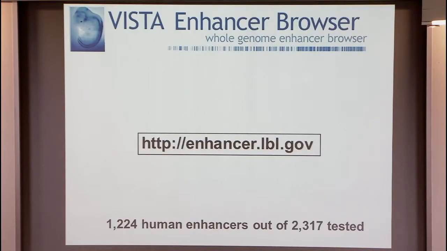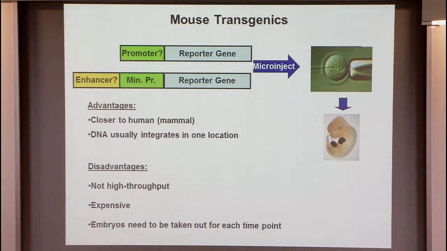And then embryos need to be taken out for each time point. So you can only look at that time point that you're taking out the embryo versus zebrafish, for example, where you just follow it over time. And so that's also a disadvantage for mice. So all of this depends on basically what you want to do and what you want to get from your experiment and what's the question you're asking. And I think based on that, I would choose the system to use based on its advantages and